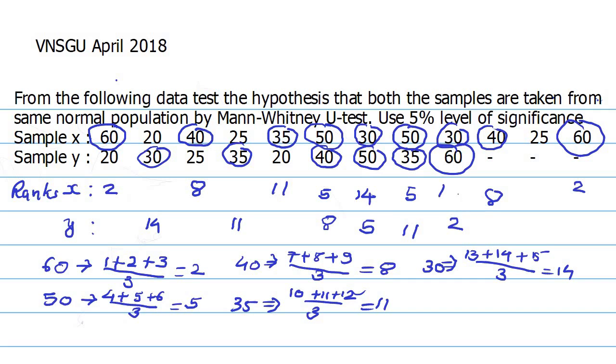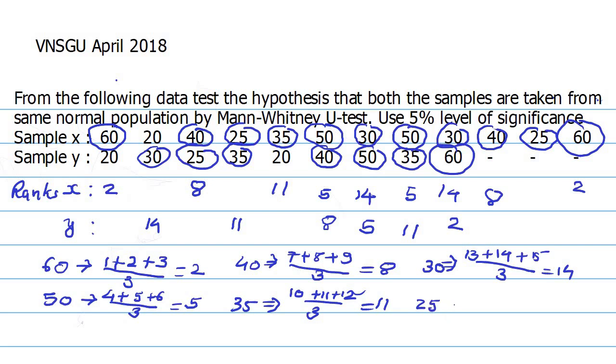So 14. Okay, now next largest observation. Next largest observation after 30 is 25, and 25 is also appearing 1 time, 2 times and 3 times. So 25 is also appearing 3 times. So after 15, next average rank